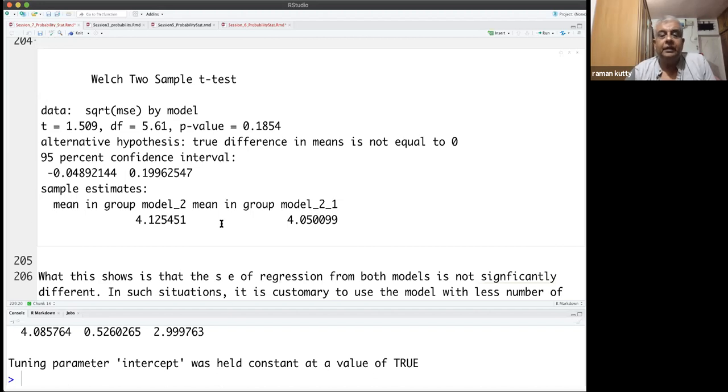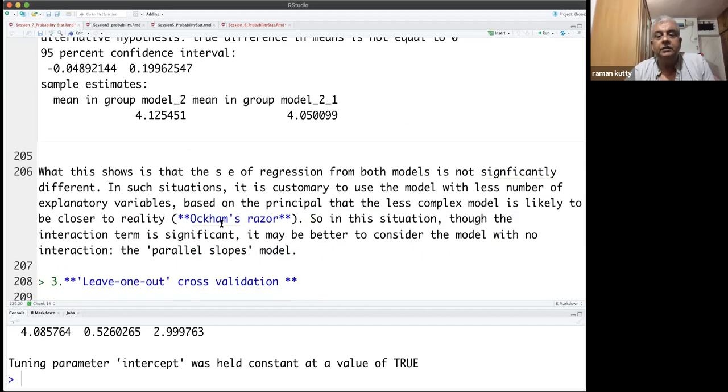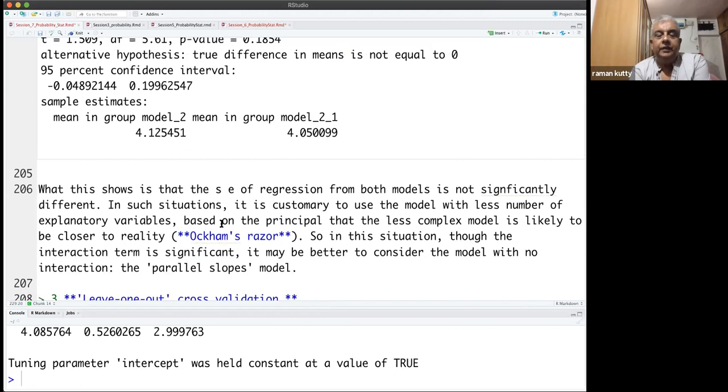And this is what I was just talking about, Occam's razor, because it is a principle in logic, which has been described first by this person called Bishop Occam, who said that when you have more than one explanation to a phenomenon, of course he was speaking about some theological question, not mathematics or statistics, but when you have more than one explanation for a complex phenomenon, always prefer the simpler explanation.